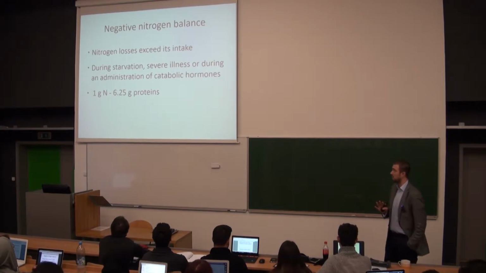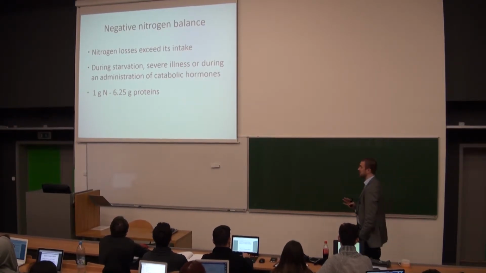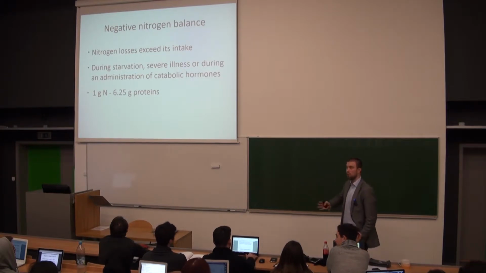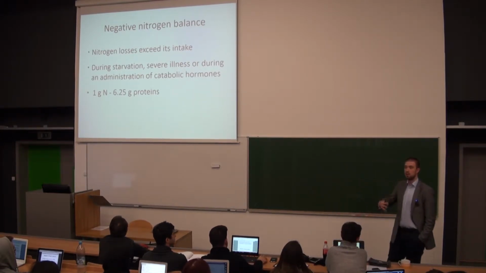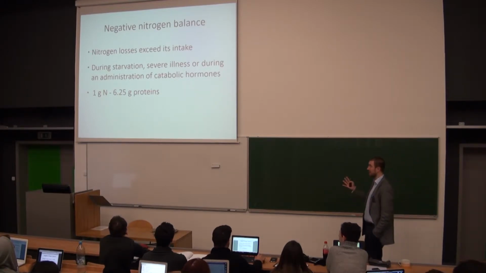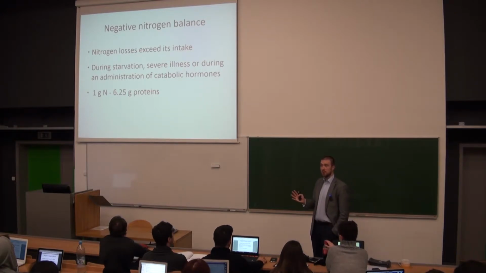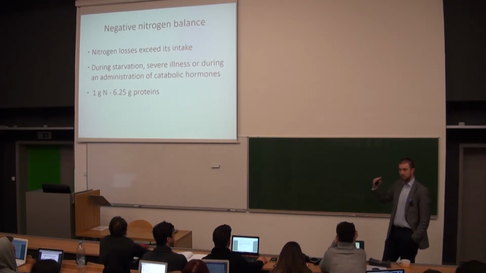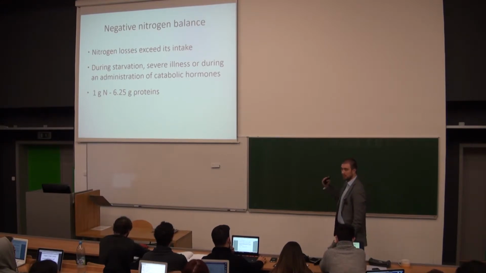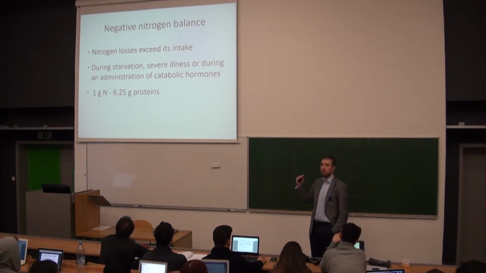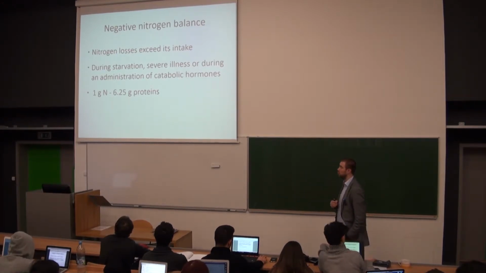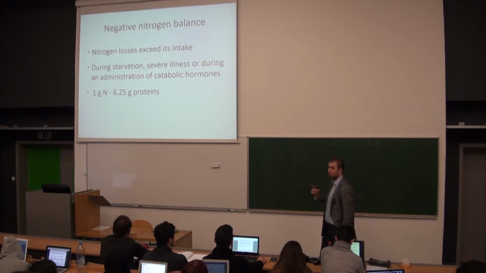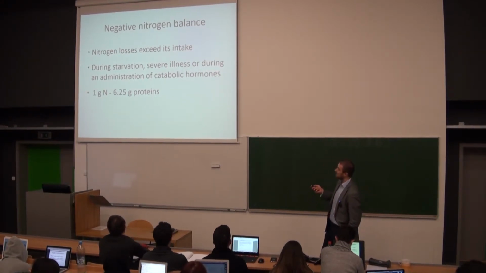A typical example of this is starvation. You have no amino acids in your food, no meal. Therefore, you must degrade your own body proteins to form new glucose molecules in gluconeogenesis, and you lose the nitrogen in the form of urea. The second possibility is if you have some severe illness or trauma, your body metabolizes the proteins to give enough energy and enough substrates for coping with the disease and for the reparation of the damaged tissues and to treat the illness. And third, an unphysiological situation that's much more common than the administration of anabolic hormone is the administration of catabolic